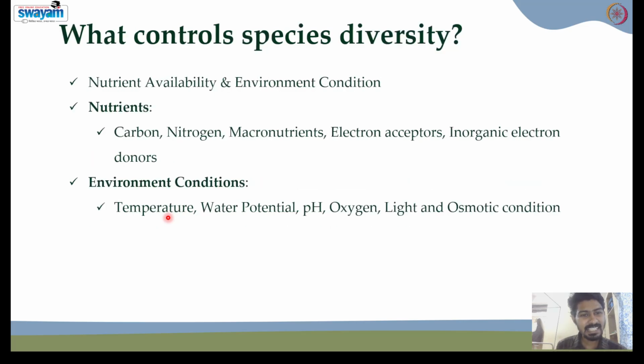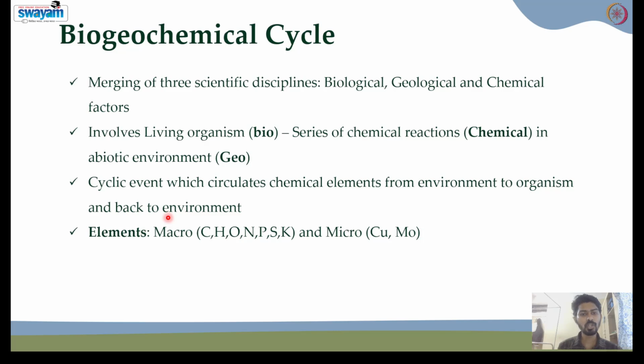So after understanding the species diversity, why it is important to understand it, what controls it, and the basics of species diversity, where we have seen the richness and the abundance. And these are the species diversity concepts that we have to remember. And then we will be going on to the biogeochemical cycle,